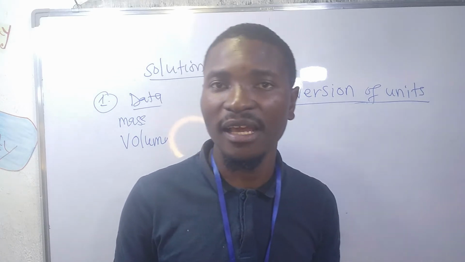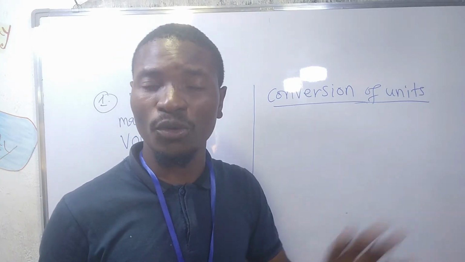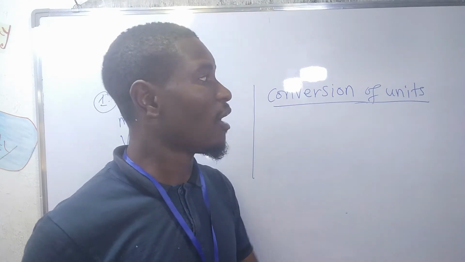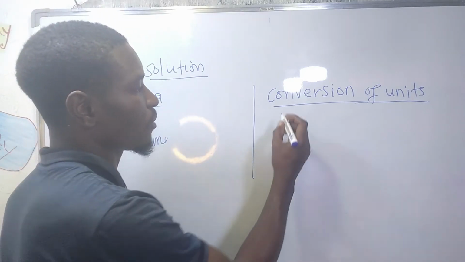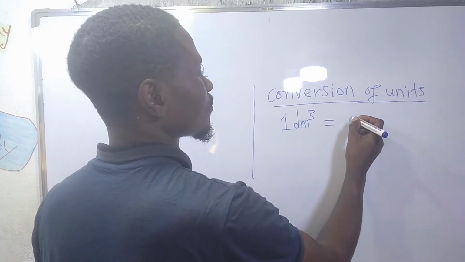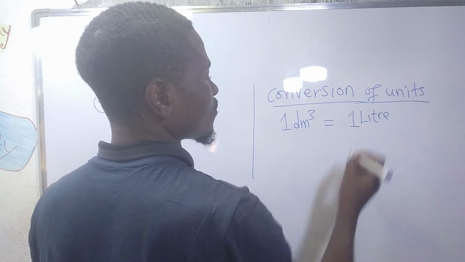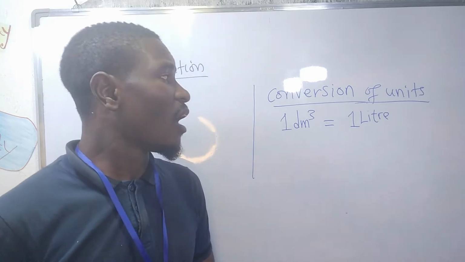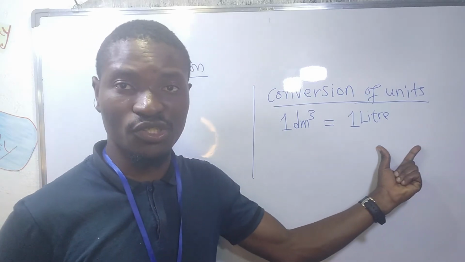Okay, so just follow me as I show you how to change from cubic centimeters to cubic decimeters. But before we do that, we have to understand what the unit conversions are. The first thing that you're supposed to understand is that one cubic decimeter is always equal to